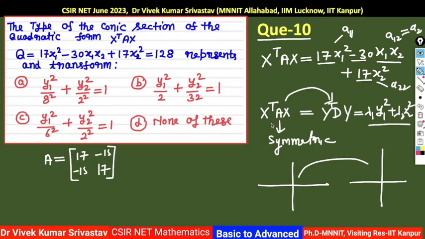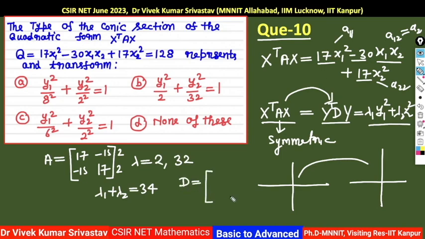And just see, the objective is this transformation of the quadratic form into the diagonal matrix. So what about the diagonal matrix? We can find out the eigenvalues of this matrix. It is very easy. Just see, the sum of the first row is 2, the sum of the second row is also 2. So one of the eigenvalues is 2. Second eigenvalue, how can we calculate? We know the sum of the eigenvalues is equal to the sum of the diagonal elements. So the sum of the two eigenvalues is what? Here it is given 34. So we can calculate the second eigenvalue. Just see, the sum is 34, one of the eigenvalues is 2, so the second is 32. So we are getting the diagonal matrix, and the diagonal matrix is what?